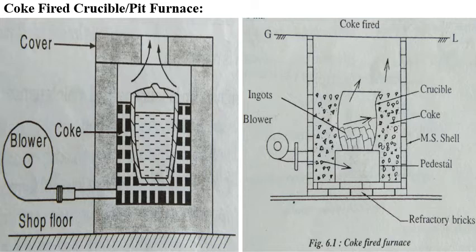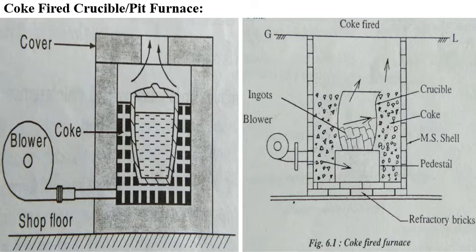Once the air is supplied, the fuel, coke, will be ignited, the heat will be liberated, and that heat will be transferred to the crucible and the metal, and the solid state of the metal is converted into liquid state. After that, you can take it from the crucible with the help of tongs, then you can put it into the ladle. The ladle is taken and the metal can be poured into the mold box. This is a simple mechanism. Pit type means that below the ground level you can heat to convert the solid state metal to liquid state metal.